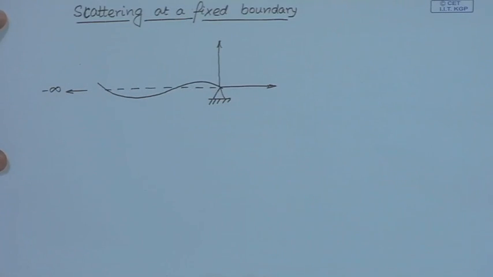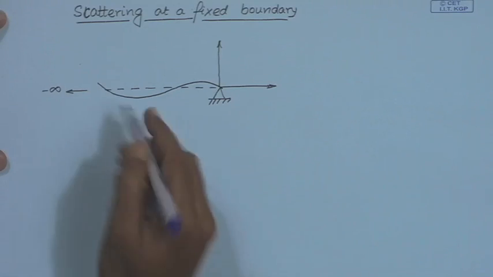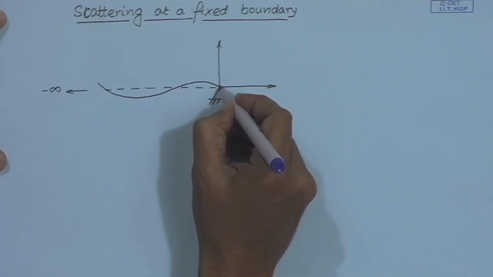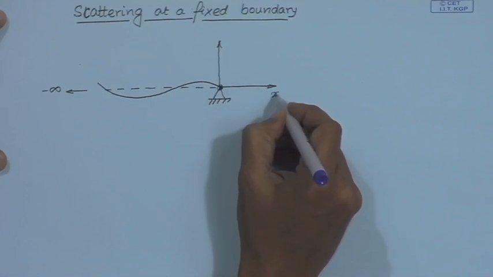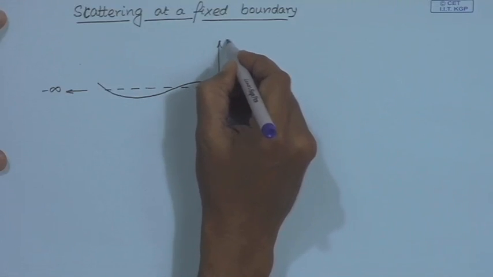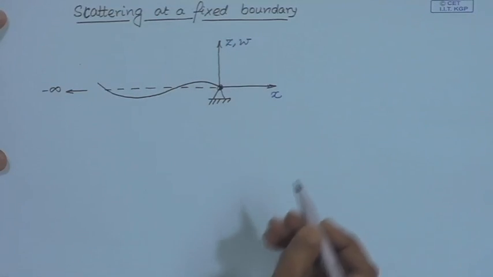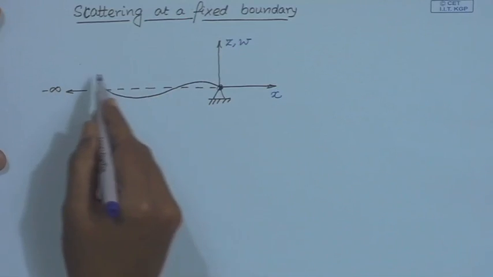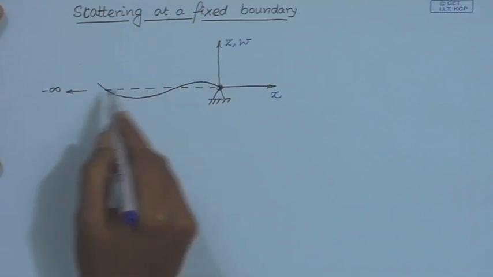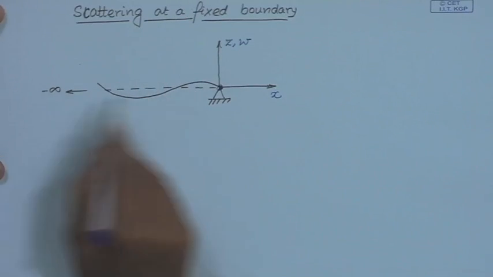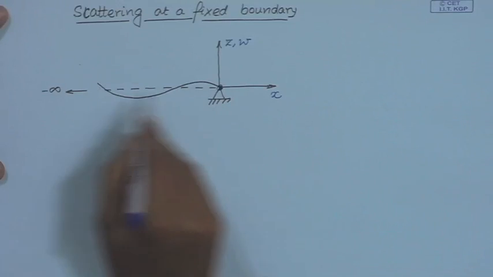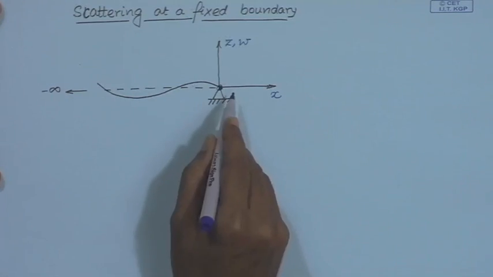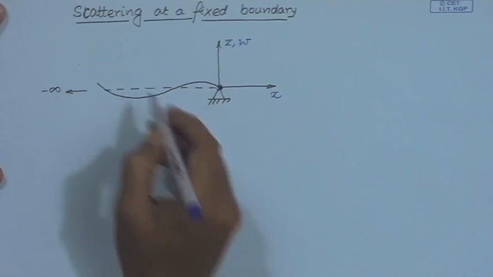Here we have a string which is fixed at this boundary, and we consider that a harmonic wave is incident from minus infinity. So, a positive travelling harmonic wave is incident at this boundary,